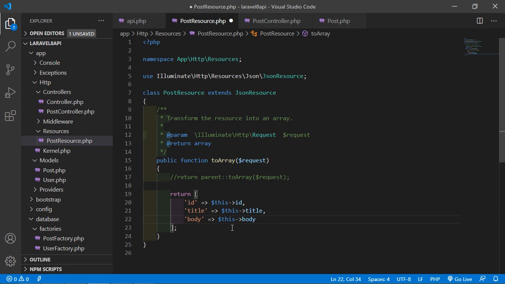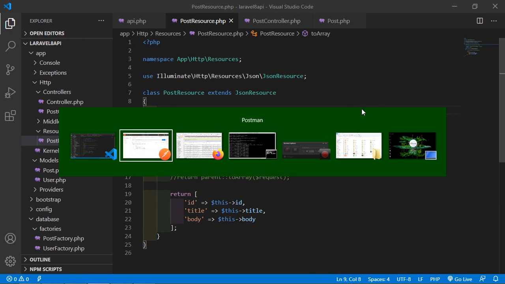I'm not going to return created at and updated at. So just write these columns. Now save this file and let's check this.